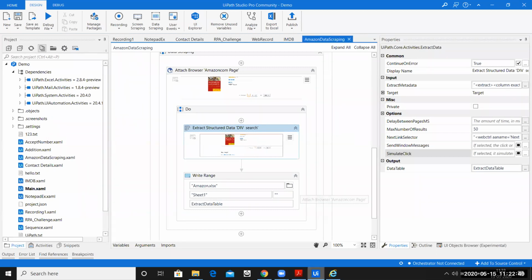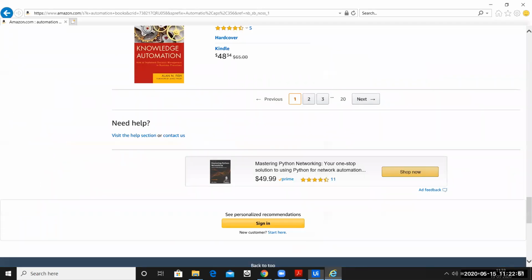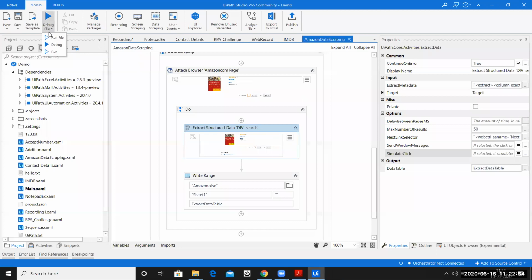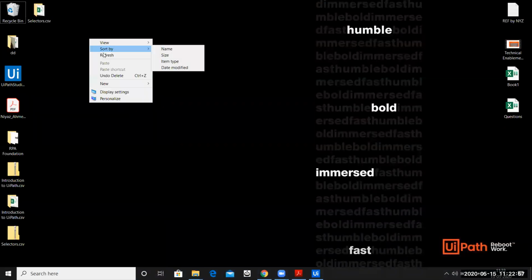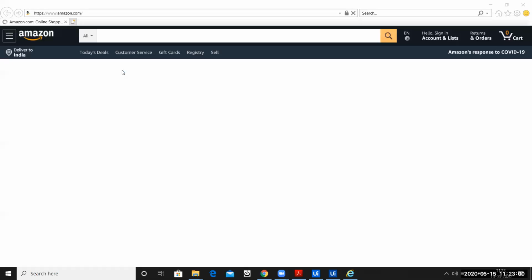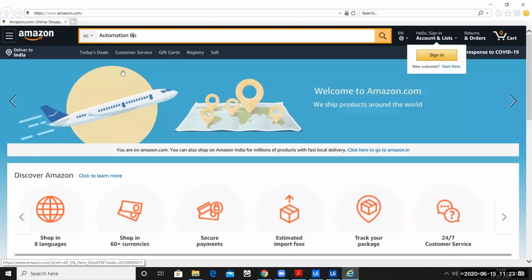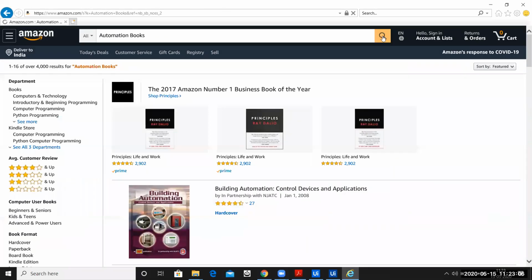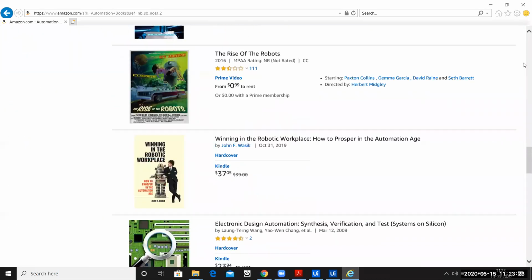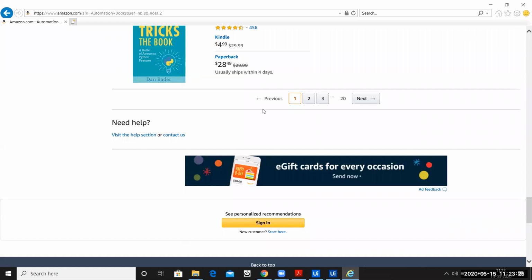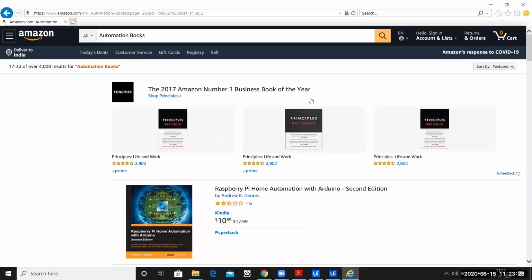So let us quickly go ahead and do this. Let me close this. Is there any other Internet Explorer open? No. Let me run the application. There you go. So ideally it should scroll to the next page. Let me see if that is happening. Okay, ideally we can see the data is not scrolling here. Let me manually scroll and see if it scrolls further.